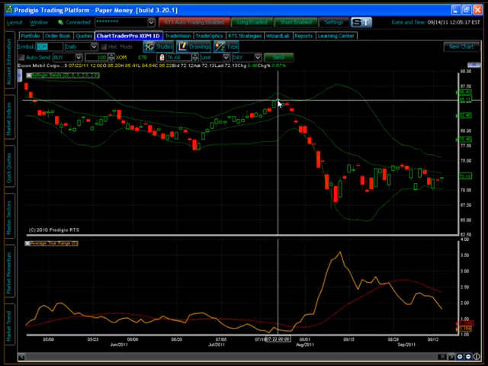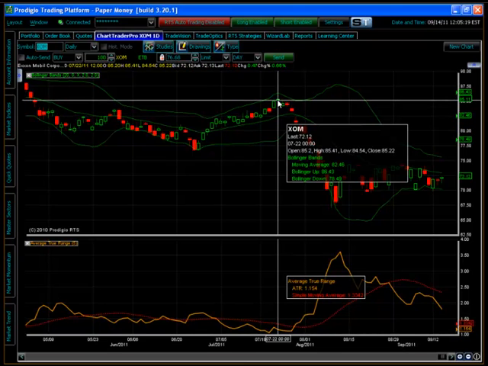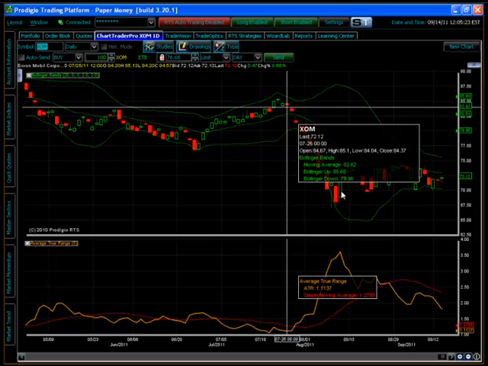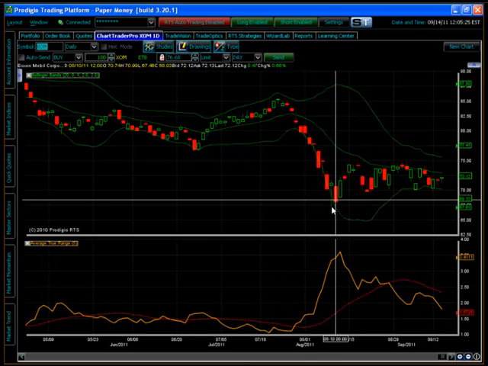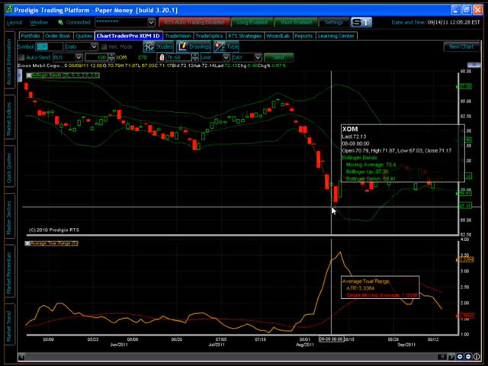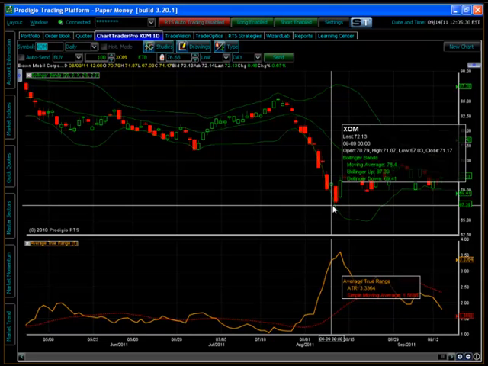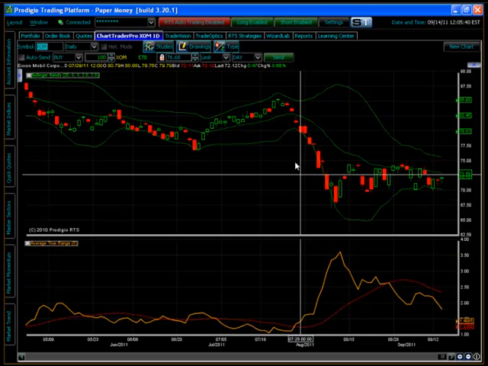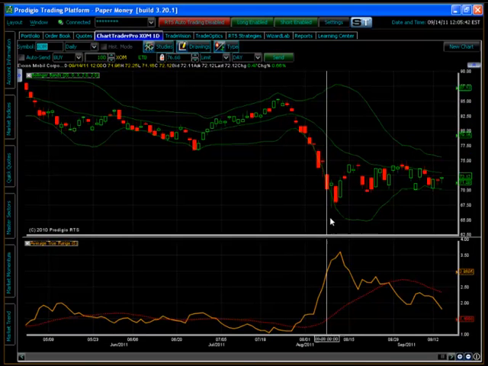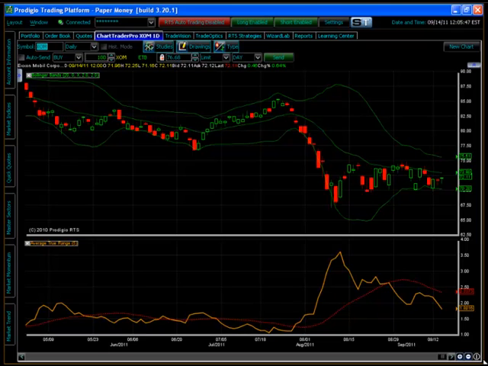If you had been short, for example, at the high price of this XOM, which was somewhere around 85.41, if you rode this all the way down, it went as low as 67.03. And if you just roughly estimate that, that's 80 down to 60, that's somewhere around a 23% return on that investment. Should you capture this downward movement perfectly, that would be a 23% return on investment. Now, obviously, these